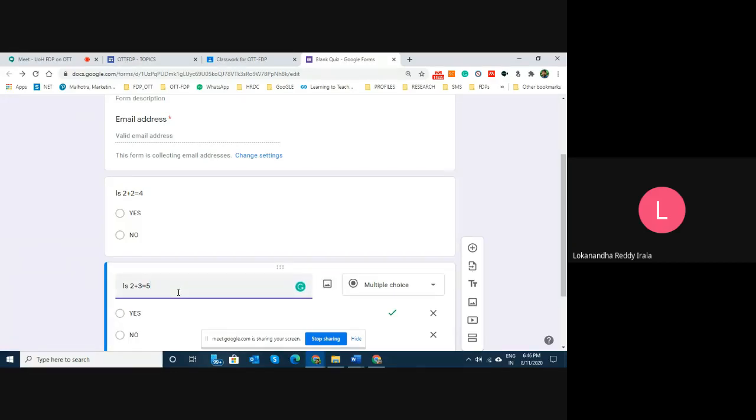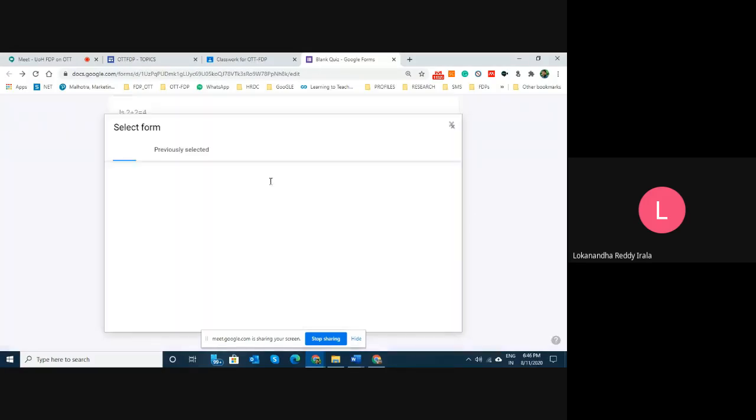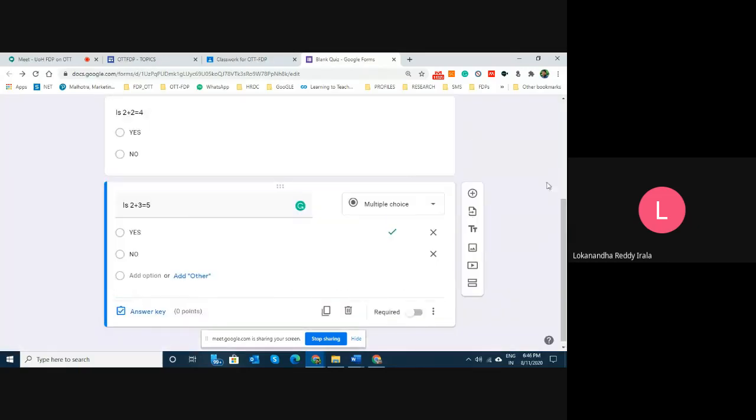Like I told you on how to set up the Google form the day before yesterday, all that will appear here. That means you can import questions from another quiz that you would have already done. All that will apply. Again, you can insert images in the answers, or you can insert images in the question. All that will apply. But today's focus is not just to teach you how to do the Google form. So a Google quiz is nothing but the Google form with the quiz option activated.